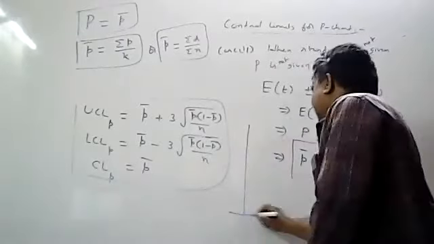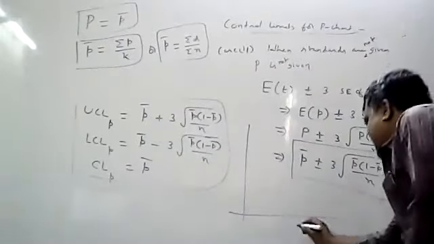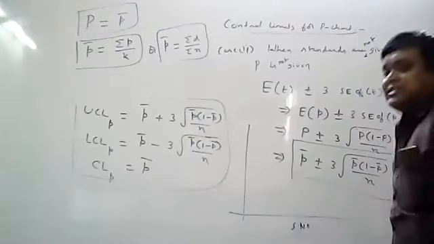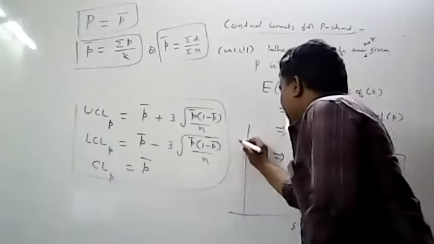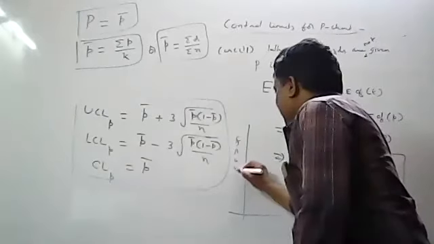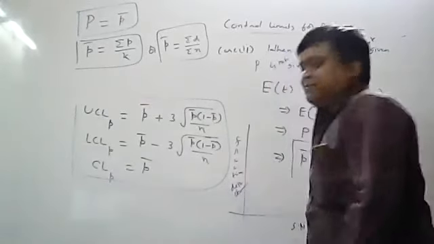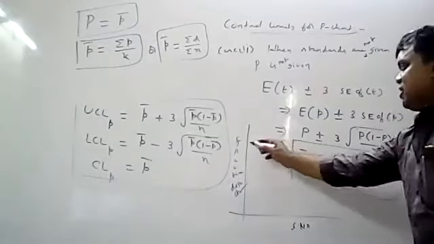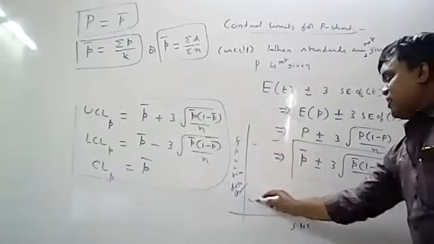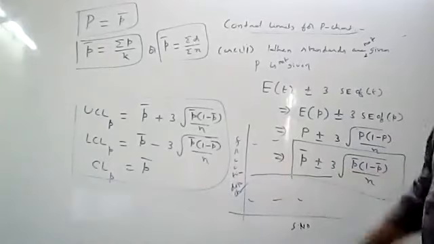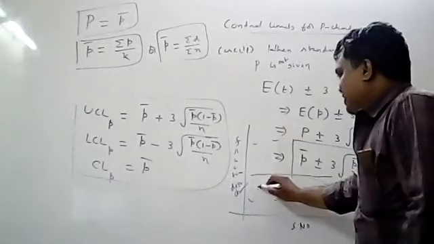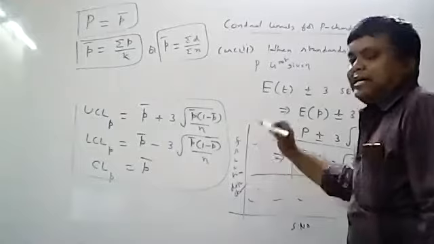All of you know the control chart. What is that? X-axis will be there, Y-axis will be there. X-axis is always sample numbers. Y-axis is now fraction defectives. Sample fraction defectives, p values. Sample fraction defective means p values. So UCL is a dotted horizontal line, LCL is a dotted horizontal line, CL is a dark line. After that, what will you do? You will identify the p values. The fraction defective values you will identify.